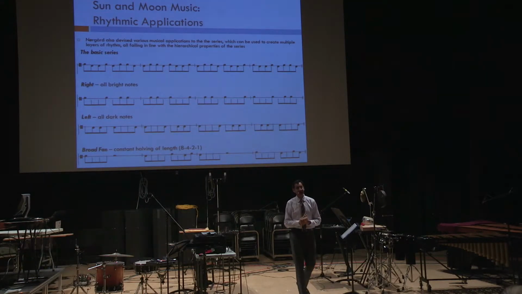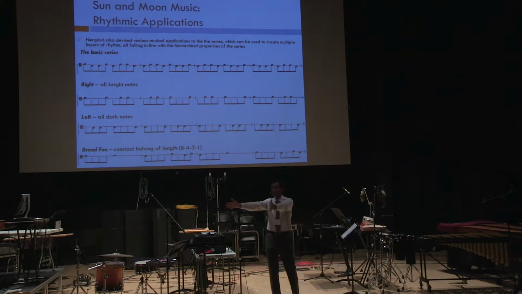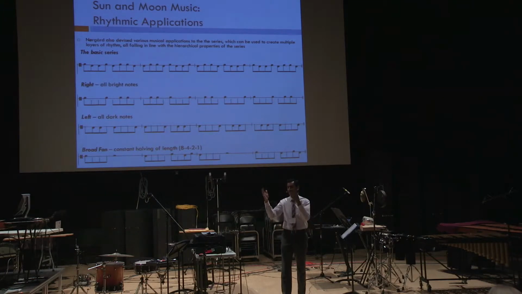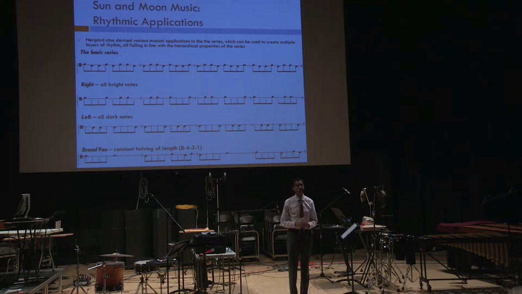Very good. And then, of course, we can combine or separate with different players. So now what we'll do is, those of you on the right will play the right or the bright notes, and those of you on the left will play the dark or the left notes. Okay? So why don't all of you on the left do foot stamping still? So 1 and 2 and 3 and 4 and...